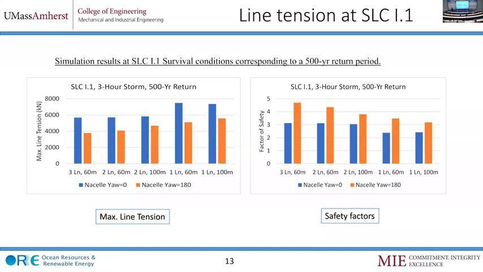You can see here, the maximum tension is around the 6,000 to 8,000 kilonewton range, and that gives a safety factor of a little over 2. So our conclusion was that with our current design philosophy and the materials available, our mooring systems are actually okay to be used in shallow water. This was followed by a cost analysis, and certainly there's a way you can optimize the cost and shrink the size of the material. So some more optimization is definitely possible beyond this point, given that it's a little